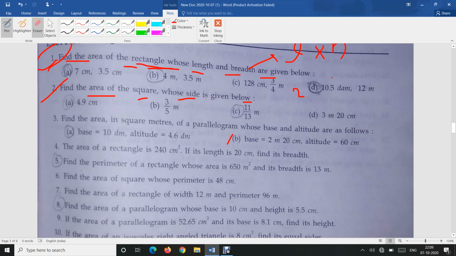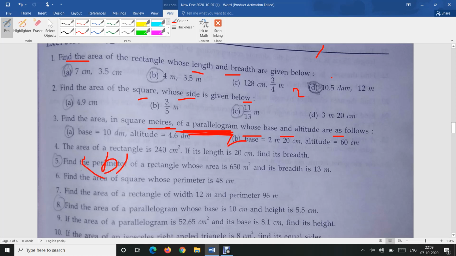Question number 3 is saying that you have to find the area in square meters. Obviously, if you are finding the area, then you have to find it in square, but there is one thing: meter, that means you have to change it into meter. It will be of a parallelogram. You have to find the area of a parallelogram whose base and altitudes are as follows. So see part B. Here the base is 2 meter 20 centimeter. This is saying in square meters, that means you have to convert both the units into